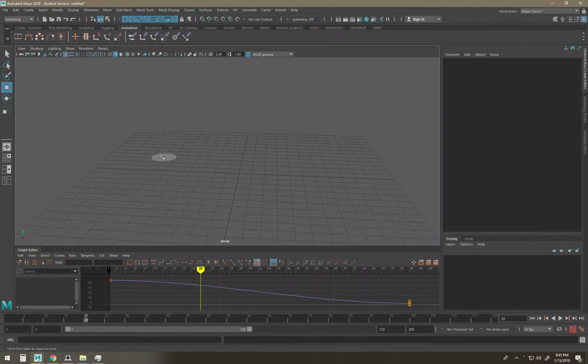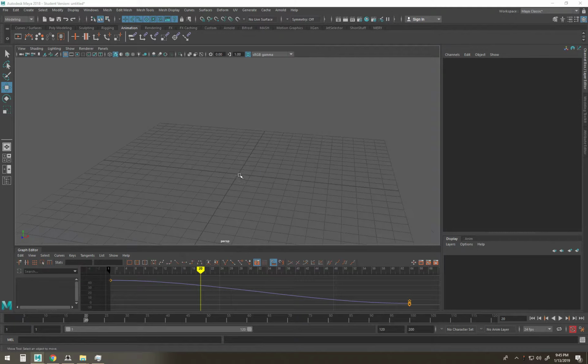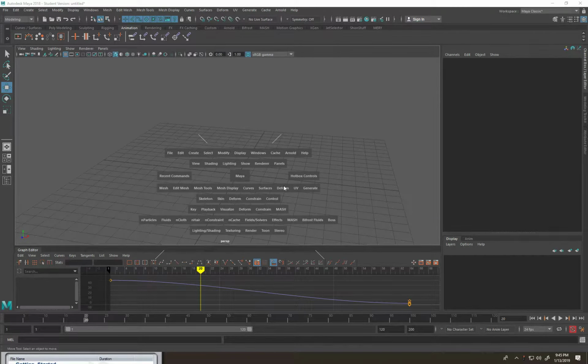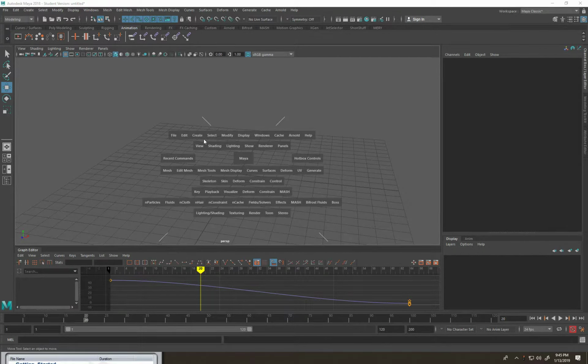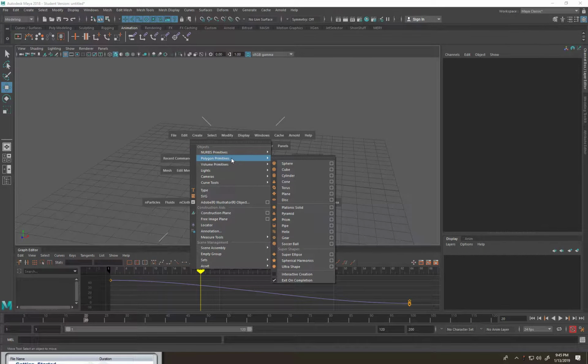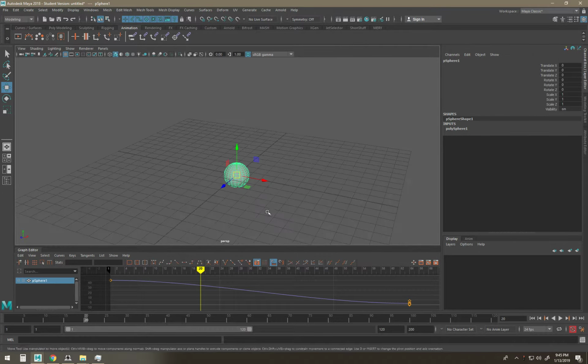So that's cool. Another way to create polygon primitives: hold space, you bring up the hotbox. This is all the settings that are up at the top of Maya, just in one place right next to your mouse. It's faster. That's what I like to do. So I'm going to go polygon primitives, sphere. I'm going to grab this sphere and